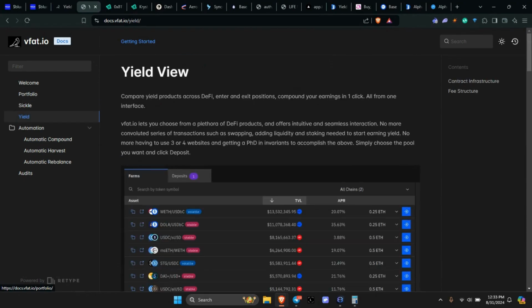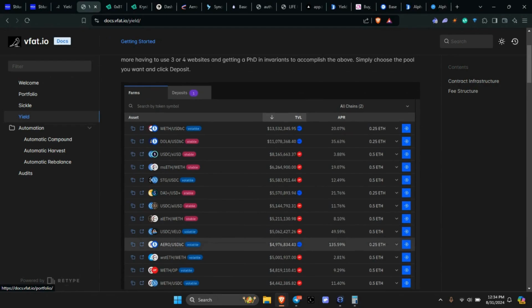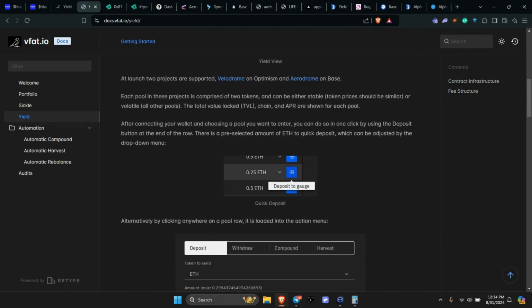Then, of course, you have the yield. Now, the yield is where we're looking for certain positions that we want to get into on different blockchains. Now, the big thing here is when it comes to the automations. As you can see, it's not even really that much documentation. Okay, then they're talking about, we'll go through that when we get to the website, but I'll have the link there. So the big thing is the automations. So those legends out there that don't have the time to sit there and actively manage, or want the ease of having automations, this is important to cover.